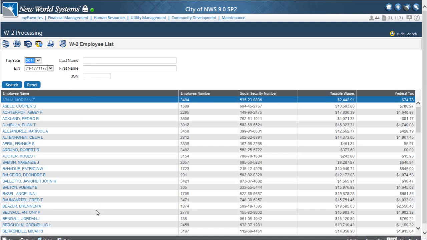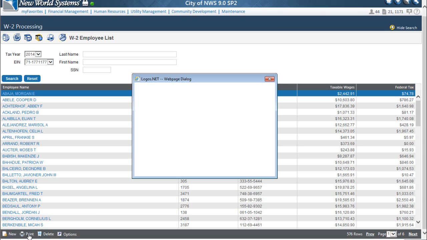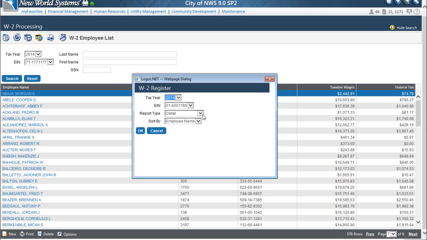Once you have the list the way that you want, a great way to review the information in preparation for printing and submitting your W-2s is to view the reports, which are located here at the bottom of this screen. Simply select the print button and you will have the ability to indicate which tax register year you'd like, which EIN you want the list to prepare